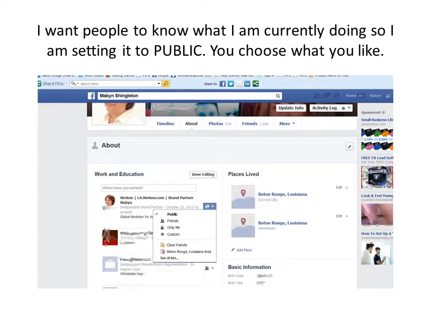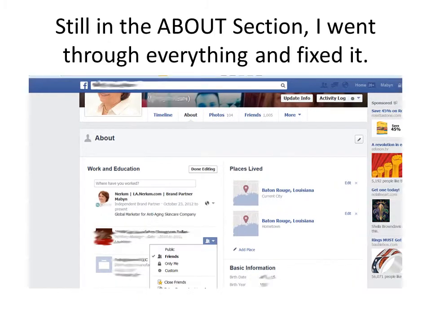After I did that, I went and edited each of these other little categories I had, all my previous employment. For me, I decided it wasn't important to show everybody what I'd been doing in the past. So I went, and there are other areas like